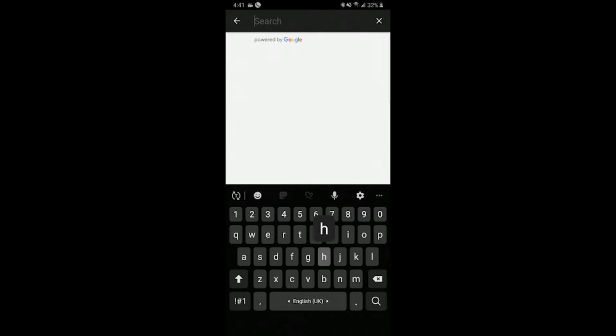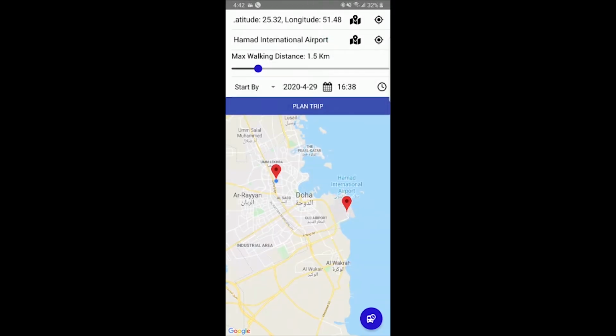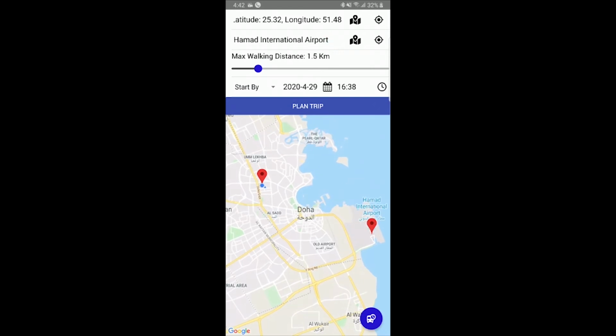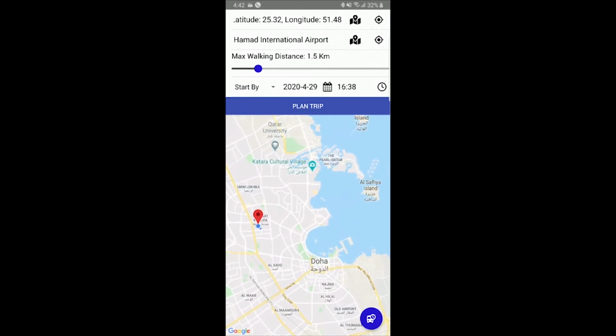So while I'm typing, Google Places API is feeding me suggestions for my input. So Hamad International Airport will be set, and in the backend, the coordinates of Hamad International Airport will be set instead of the name. Alright, so as a demonstration, we'll go from Qatar University